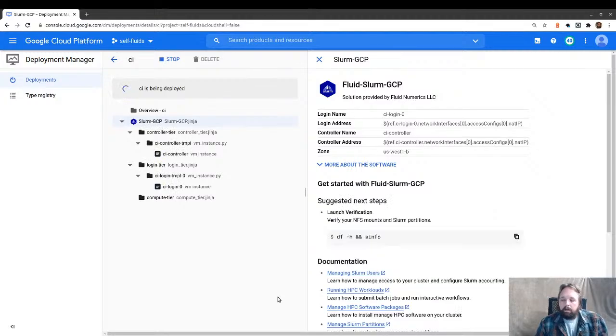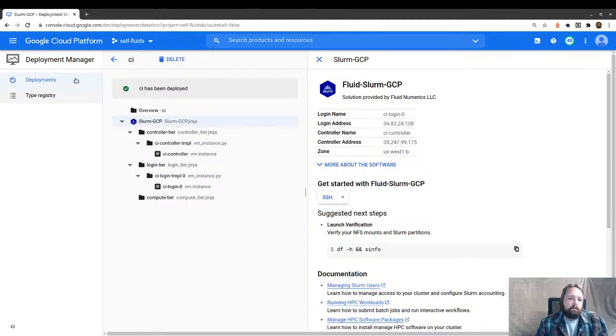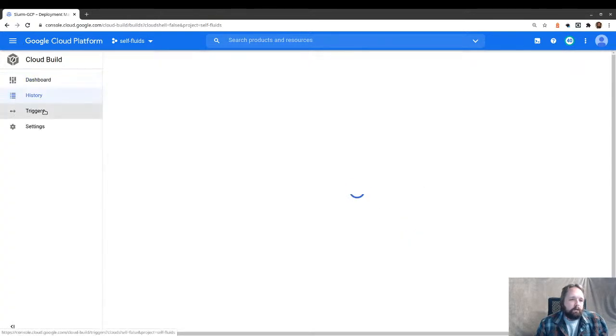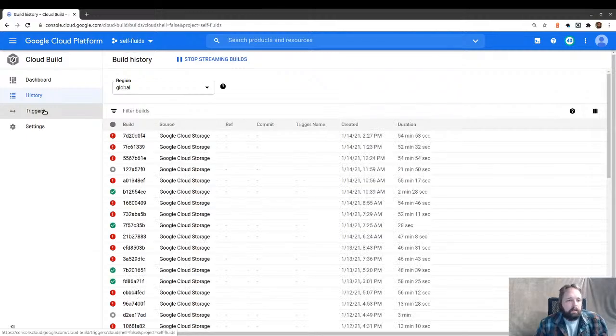While this is going on, let's head on over to Cloud Build and set up a few things you need to do there so that your Cloud Build service account can actually reach those instances. So if we go to Cloud Build, down in that Products and Services menu again,